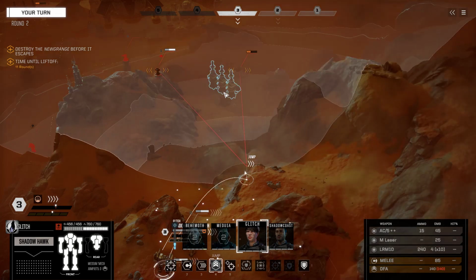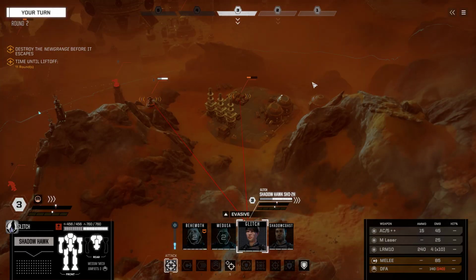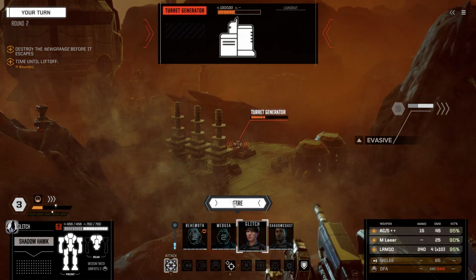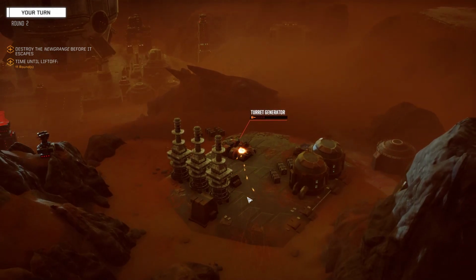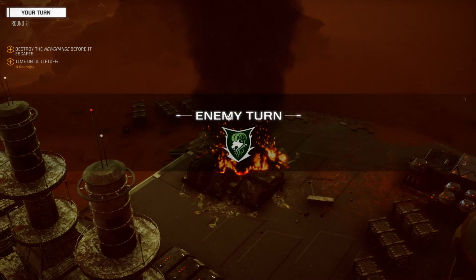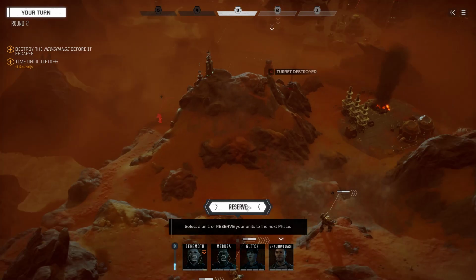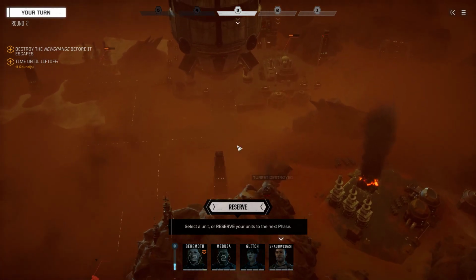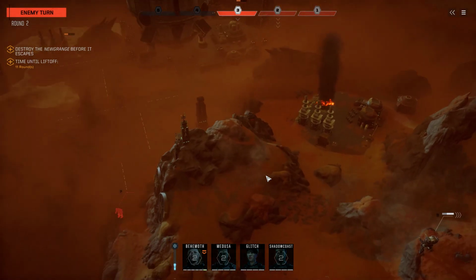So if we jump there, we get a little more. Boom. Boom? Maybe? Yeah, boom. There we go. Some turrets off the table. Okay. Gonna reserve now. What I want to do is wipe out their...